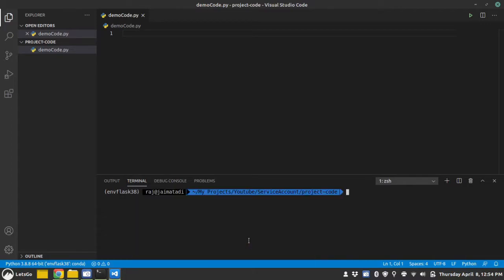Okay, so let's get into the code itself. Let me first create a pip freeze requirements.txt file.